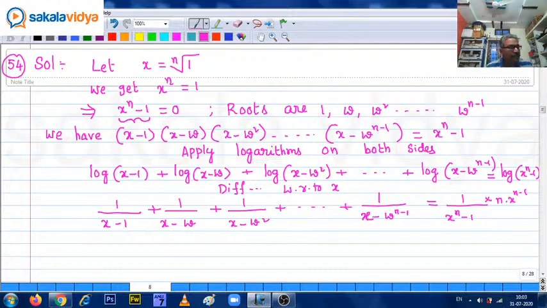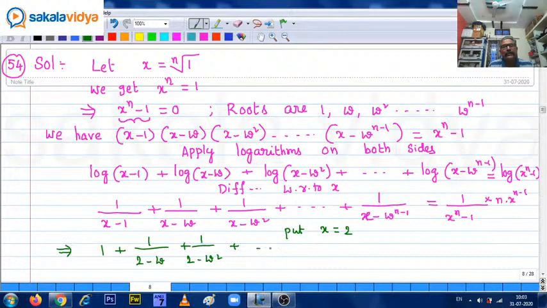2 minus omega to the power of n minus 1. Put x is equal to 2. Having substituted x for 2, what do we get now here? 1 upon 2 minus 1 is 1, 1 plus 1 minus 2 omega plus 1 minus 2 omega square plus and so on